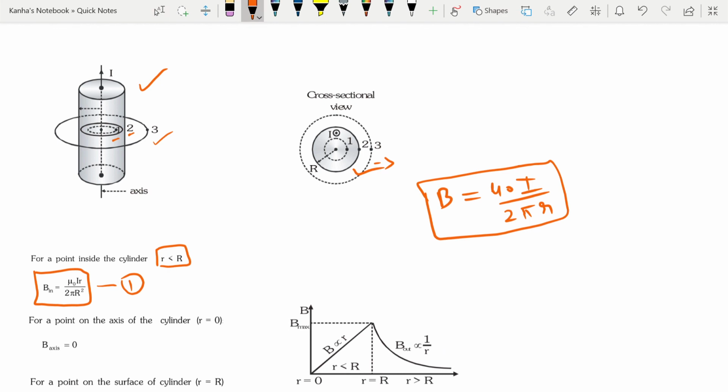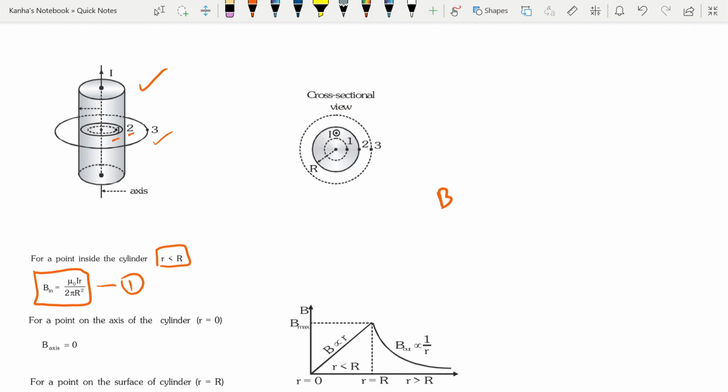And for the first surface, what will change? The net current flowing through the system will change. It will reduce, because we have the current per unit area that is flowing. So if you reduce the area, for example, if r is less than capital R, this area is less than the total cross section area in which the current is flowing. So definitely there will be some I prime flowing through the smaller surface, which will be less than I. It's not very hard to find these values out.